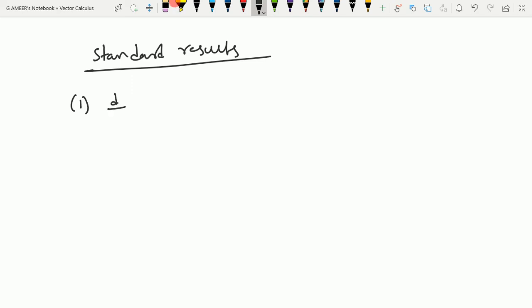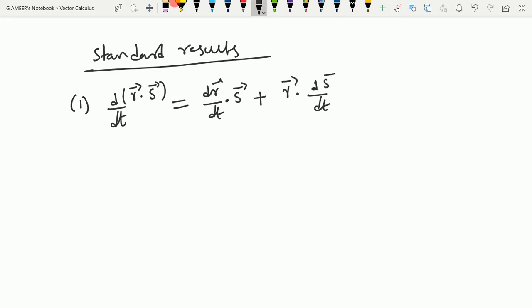What is d by dt of the dot product of two vectors? Let's say r is one vector and s is another vector, r dot s. Then obviously you apply the product rule. First differentiate r keeping s constant, but don't forget to put the dot product, since these are vectors. Plus, keep r constant and differentiate s. See, r dot s is a scalar. Differentiation of a scalar must give a scalar again, so that's why we need to put the dot product here.